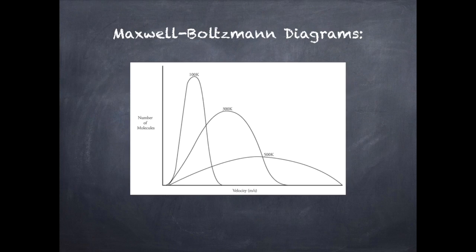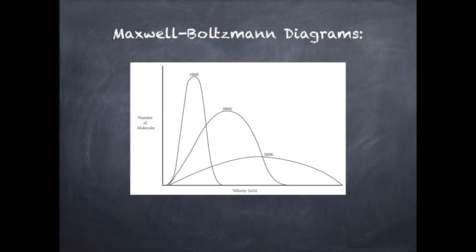And so to represent this, the first thing I want you to notice is the difference in temperatures, 100 Kelvin, 300 Kelvin, 500 Kelvin. Notice that the velocity of these molecules, if they're at 500 Kelvin, on average, is going to be higher the higher the temperature is. Also notice that while the average might be one specific value, there's a large range of velocities and kinetic energies that the gas molecules can assume.